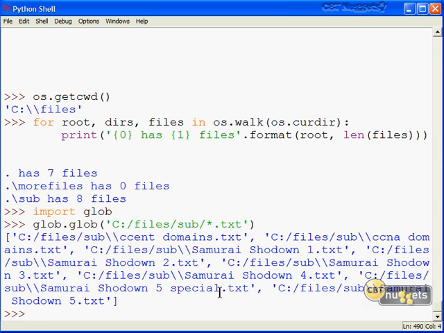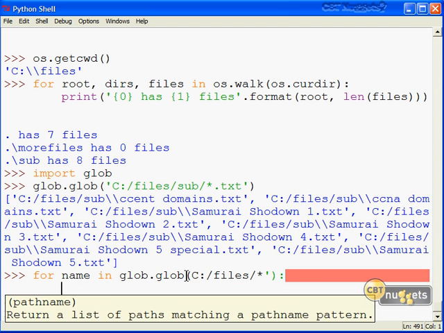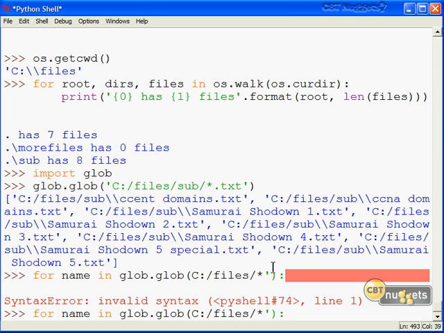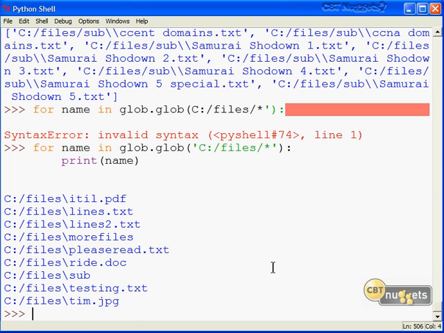Another thing we could do again is use iteration. I'm going to say for name in glob.glob, passing in, I'll just add the star after the files level here. And our syntax error here tells us that we left out a quotation mark. Easy to do, right? And in line 2, I'm just going to print the value of name. No big deal. So here it gives us back nice paths, really, of all the contents of that folder. You'll notice that we get directory names and discrete file names.